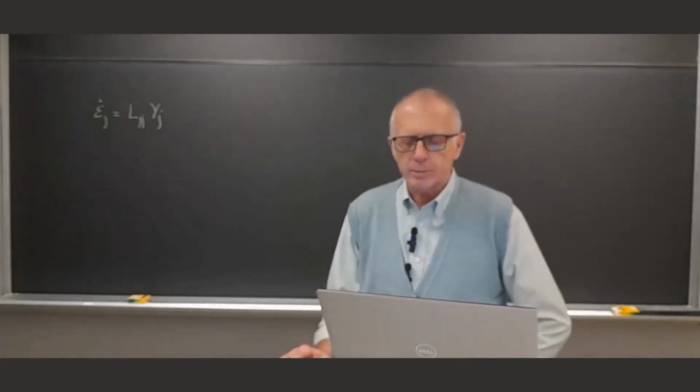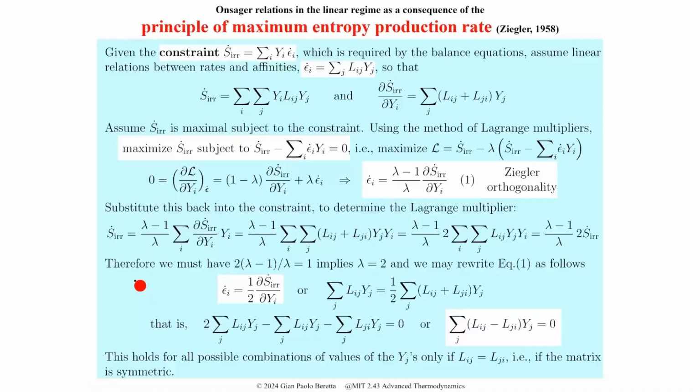But for the moment, let us prove it from this principle of maximum entropy production rate proposed by Ziegler around 1957-58,